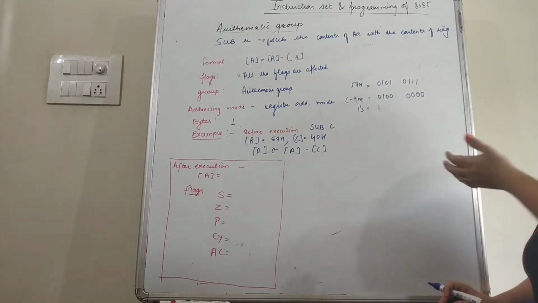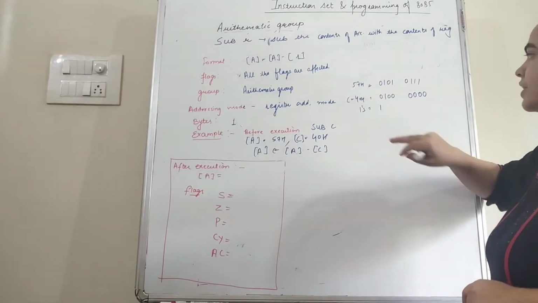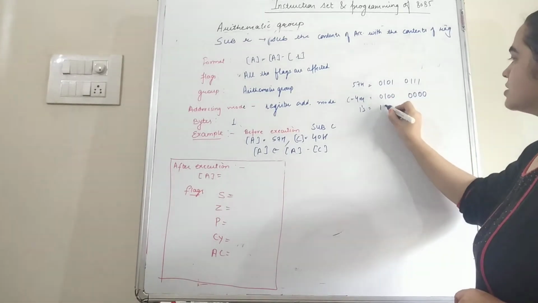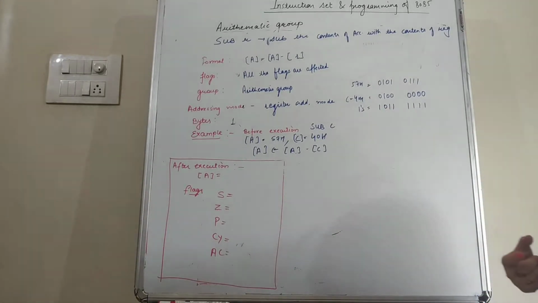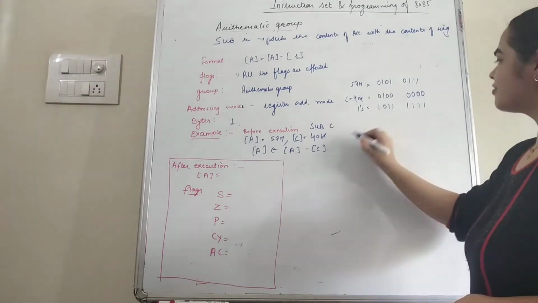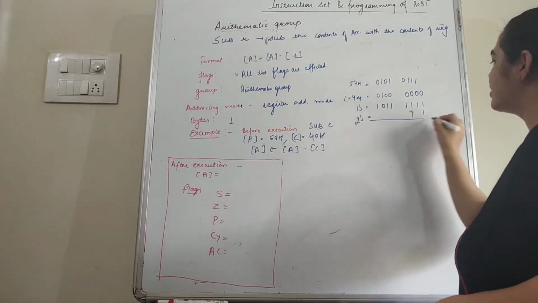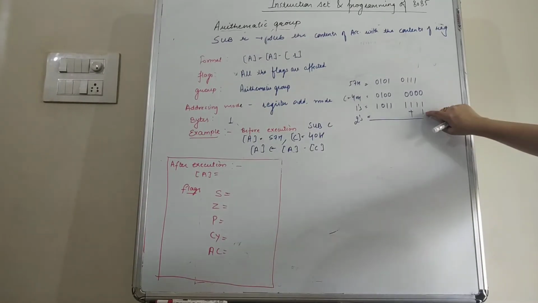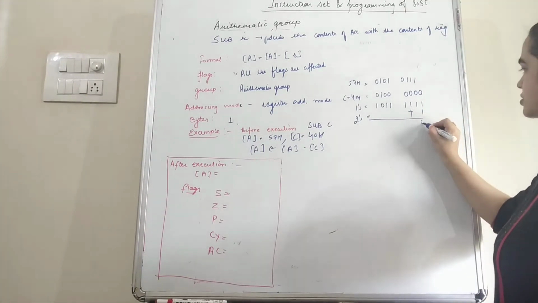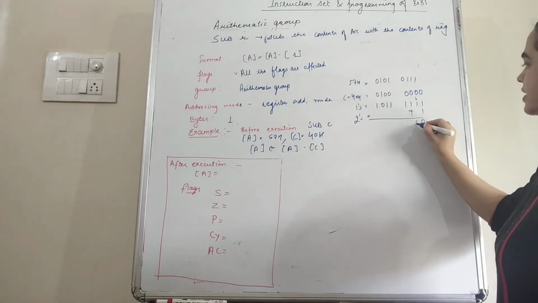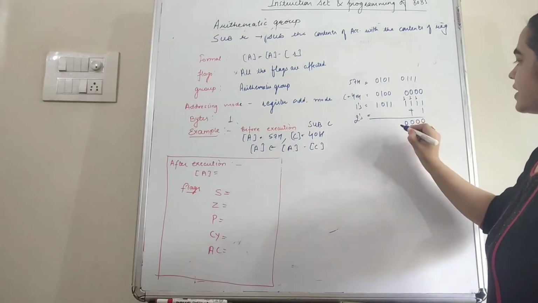The 1's complement of this number: 1's complement means if the value is 0 we change it into 1, and if it is 1 we convert it into 0. So the 1's complement is 1011 1111. After this we find the 2's complement, which means we add 1 to the 1's complement. So we add 1 to the 1's complement of 40H: 1 and 1 is 10, 0 and carry 1. 1 and 1 is 10, 0 and carry 1. 1 and 1 is again 10, 0 and carry 1.